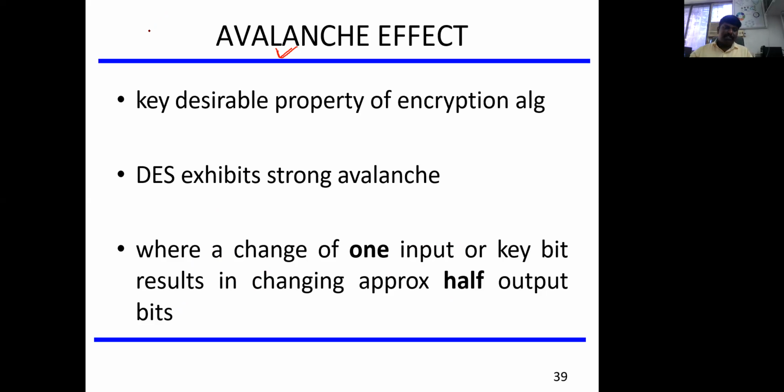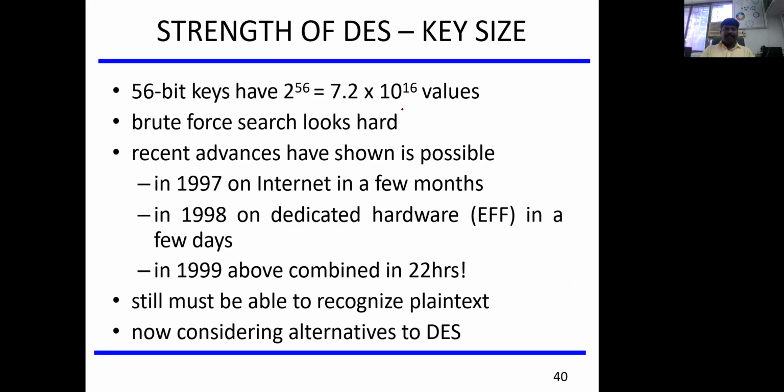Whatever key I choose, suppose I change just one bit of the key compared to the actual key. If there is a small change in the key, 1 bit or 2 bits, that will completely give a different output. So this is the avalanche effect. If any algorithm changes a key bit, that automatically leads to a different ciphertext. This effect is called the avalanche effect. I hope this is clear.